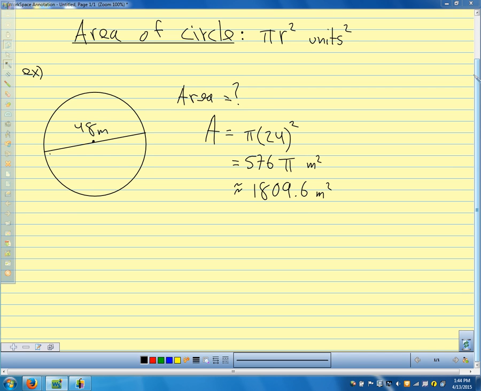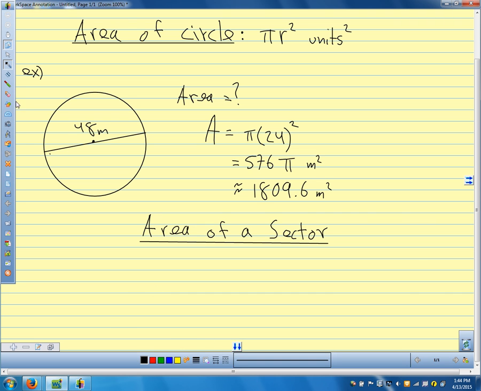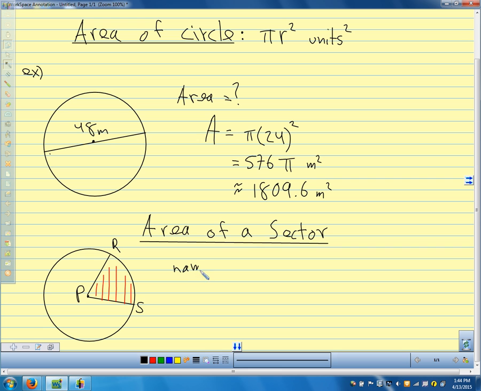But we also want to be able to find areas of parts of circles. So we're going to talk about area of a sector. A sector is a piece of a circle. So let's draw a picture of a sector. Here is our circle. I'm going to say this is R, S, and P. And the sector is this shaded part. So that's a sector. We call it sector RPS,